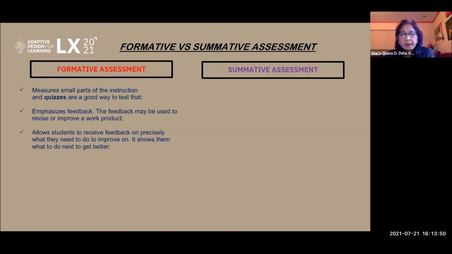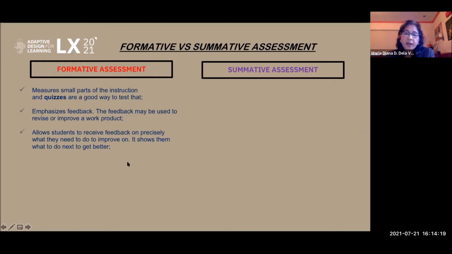We do this by giving them the answers immediately, the correct answers immediately. So in that way, they are immediately given a feedback of how well they answered with the correct answer. With knowing the correct answer, they could assess themselves how well they performed and how well they learned.